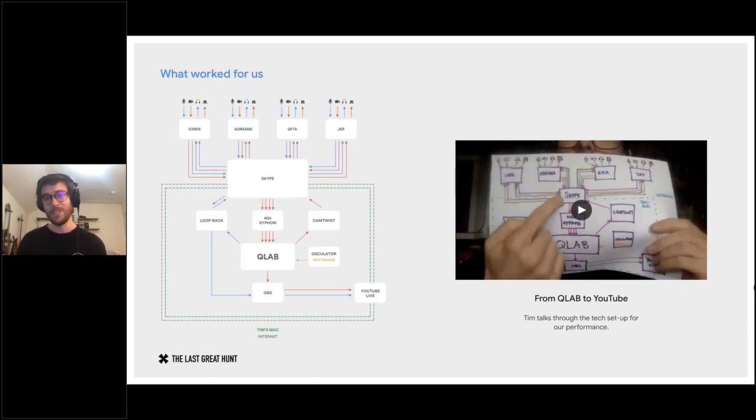So all of that was completely done live in a meeting similar to this one. And it's a really good example of them using software that they were already comfortable with to create a really compelling effect. Similar to the earlier video, the technical director on that project, Tim, will talk through this full tech stack in this video, which I really encourage you all to watch later. It is quite dense, but it is absolutely fascinating, really creative, and you might get some ideas on what's right for you or your organization.